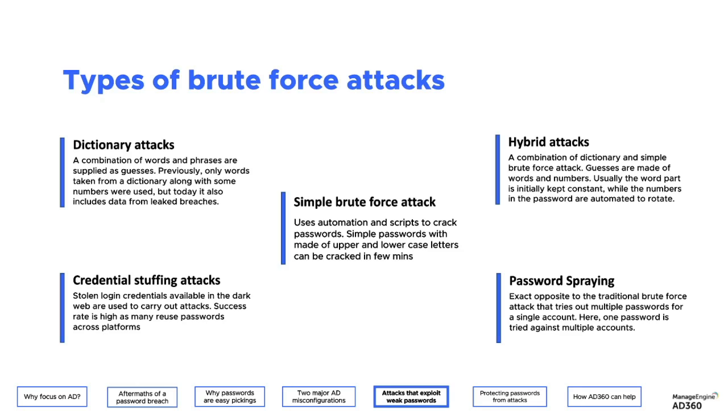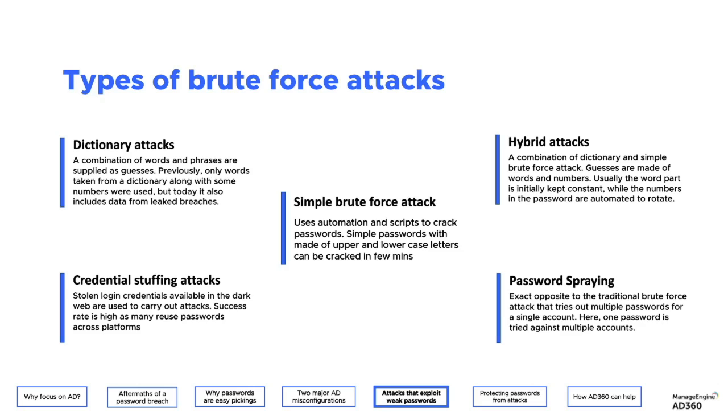So these are simple brute force attacks. Dictionary attacks are a form of brute force attack where the tool takes reference from a dictionary, creates permutations and combinations of words from the dictionary, and then starts spraying. This is how it works. So even if your users set passwords that aren't predictable, like password123, if they end up using dictionary words, a dictionary attack can very well get the job done in a matter of minutes.